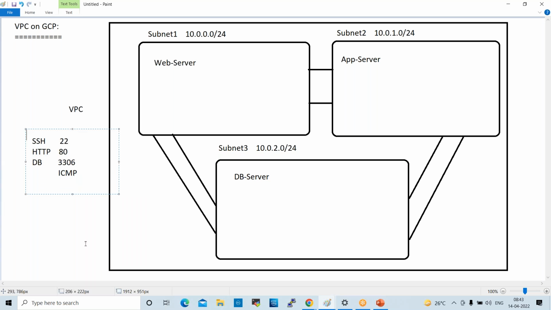But in real-time projects, we should not allow inbound traffic to the database server. If you allow traffic to the database server, there may be chances to leak the data. That is why you should not allow inbound traffic to the database servers. If you want to restrict the traffic, only particular server traffic I want to restrict. What we can do here,